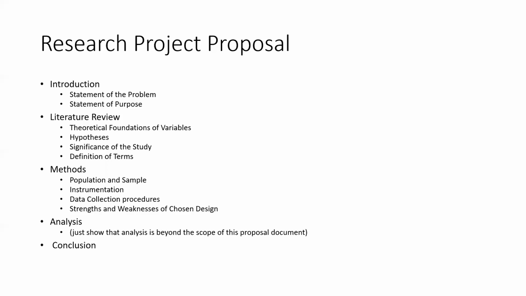Are you offering some incentive, financial incentive that may skew the results? Those types of things can be written out in that strengths and weakness section. The analysis and conclusion section are not part of the proposal. However, you can add those in just for the sake of having that there and just let us know that it's beyond the scope of a proposal, or you can completely leave it out and just focus on the first